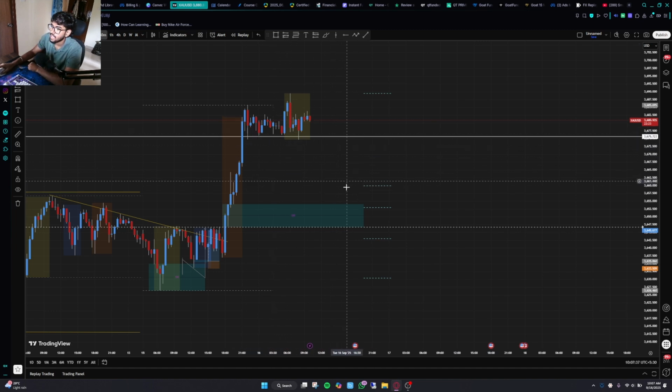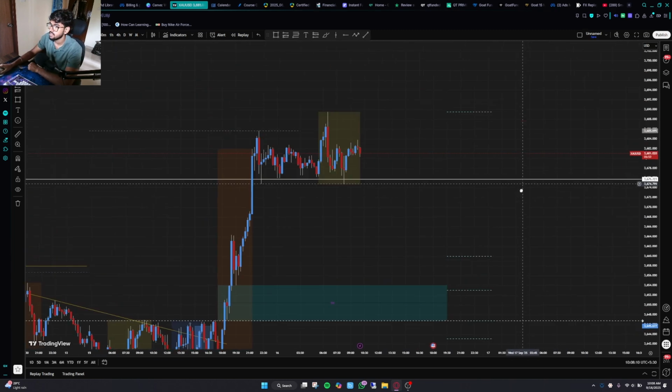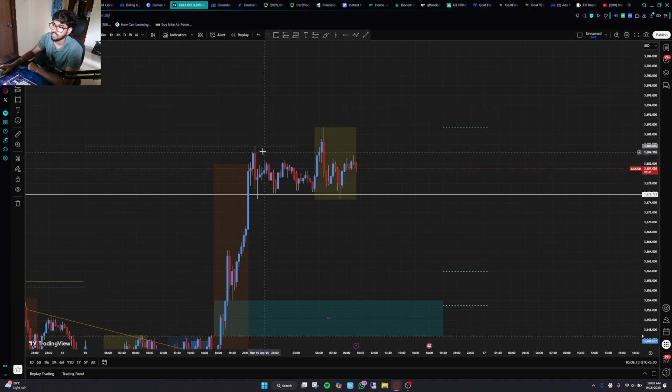I wouldn't be trading any of these gaps as price has already taken the previous day high. You can see this level. So price has already taken previous day high, and the previous day lows are intact, but the lows are very far away. We are at 3681, and just to come down into the 50% zone of fib, we are looking at almost 3660. So you're looking at almost a 200 pip movement down in order to even think about targeting longs.